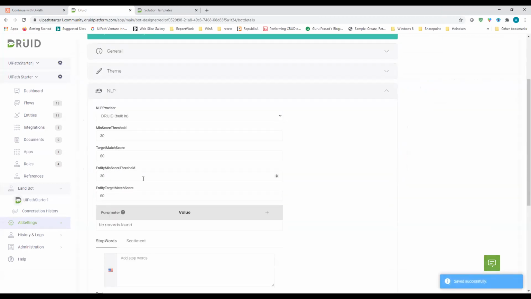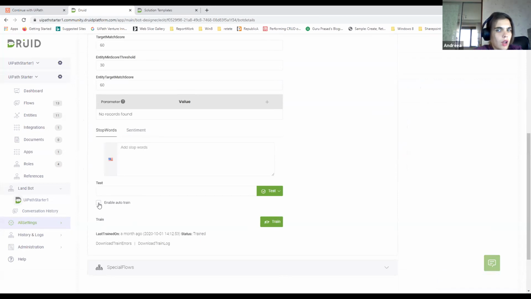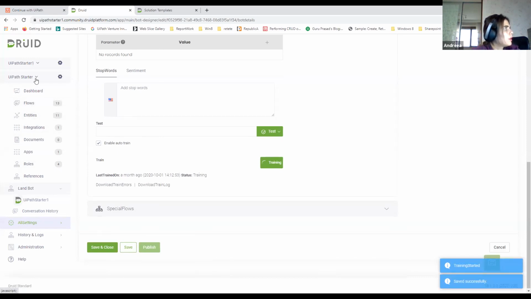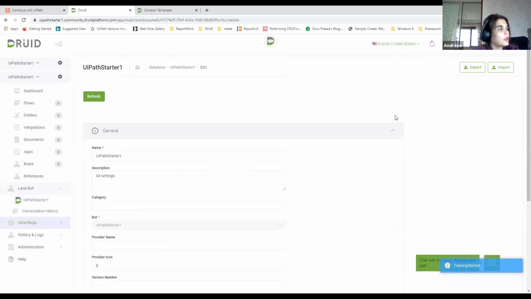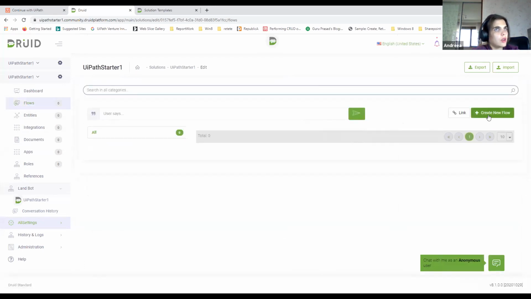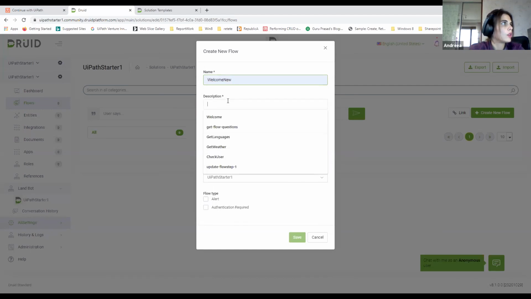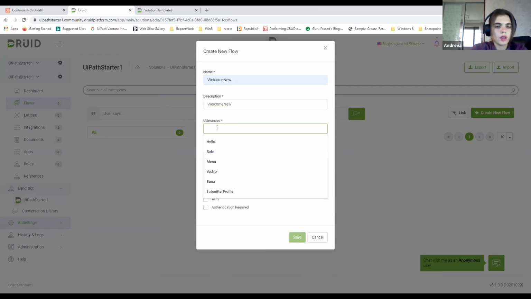For the time being, not to have to do training all the time, I'm going to enable the auto train check. And I'm going to force a train now. Okay, so I'm going in an empty solution and I'm going to create from scratch a welcome flow. I will call this welcome flow, welcome new. The description is welcome new. And as utterance, I will say hello, and then we can add other ones. And put here greeting